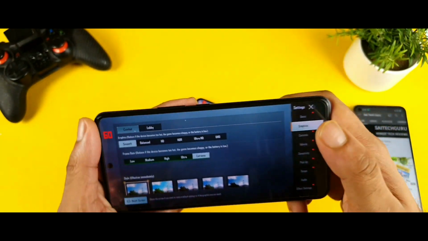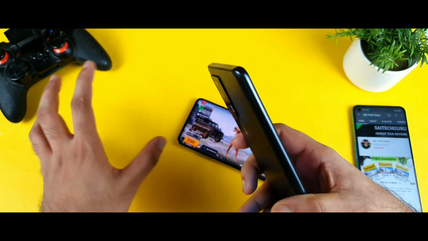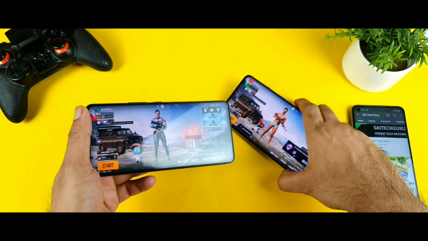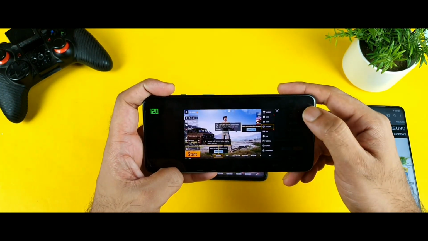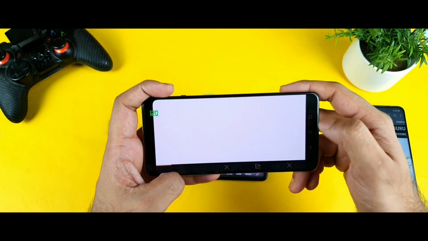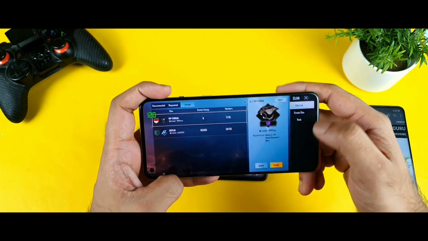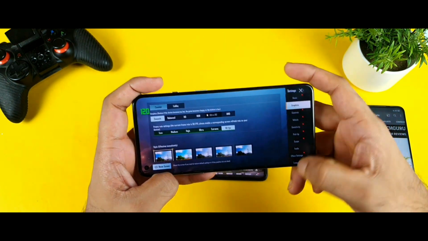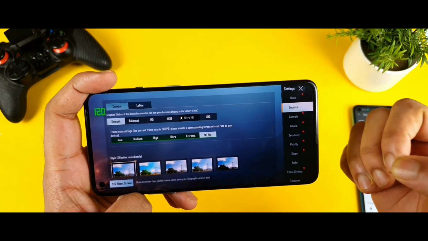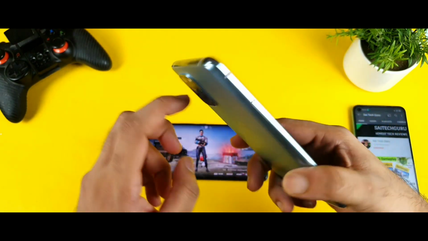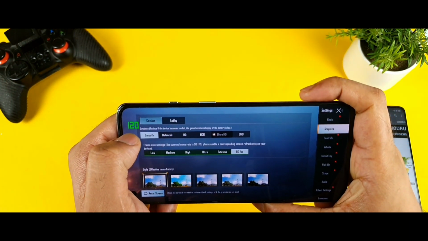What has happened is that even in PUBG version 1.4, the iQOO 7 was still not able to get 90 FPS. And in the OnePlus 8T, even with PUBG version 1.4, let me show you, the phone has the 90 FPS option. As you can see, friends, with both version 1.4 and 1.5, the OnePlus 8T has the 90 FPS option. That's fantastic, and the refresh rate has increased from 60 to 120.